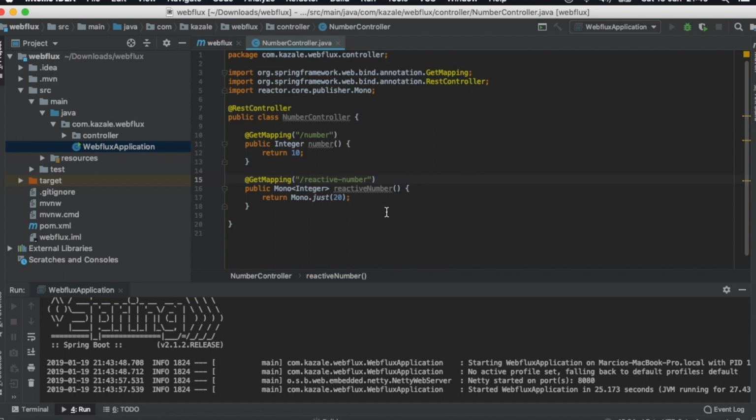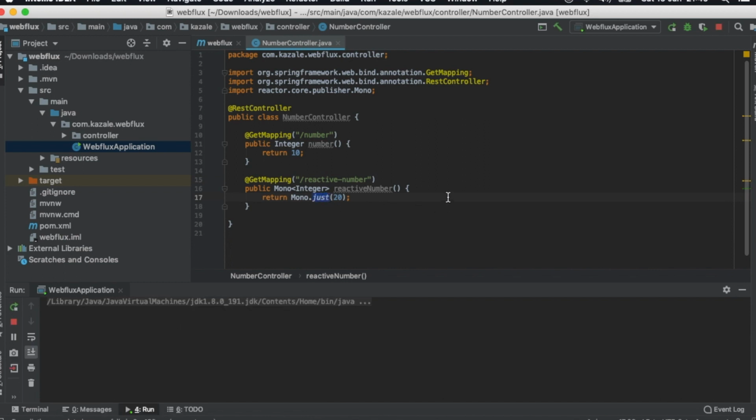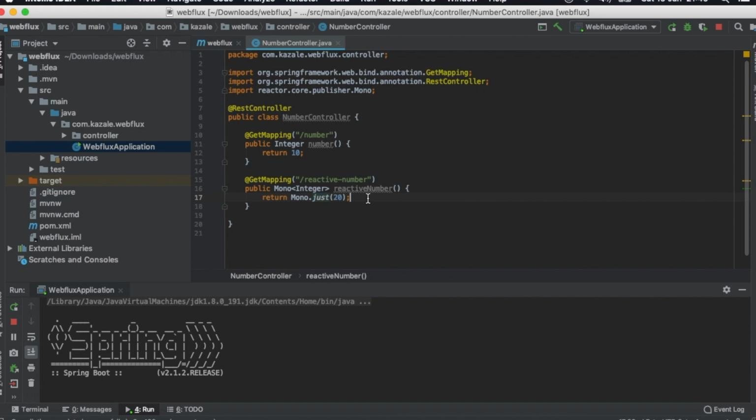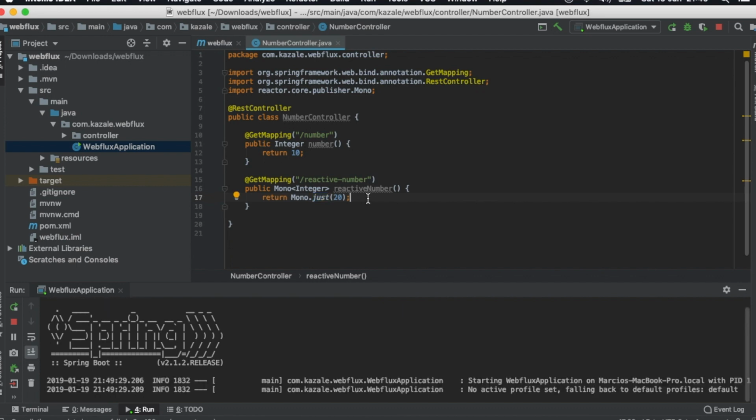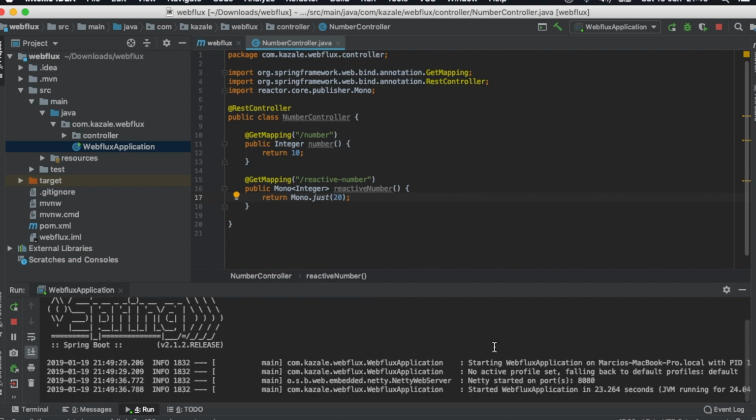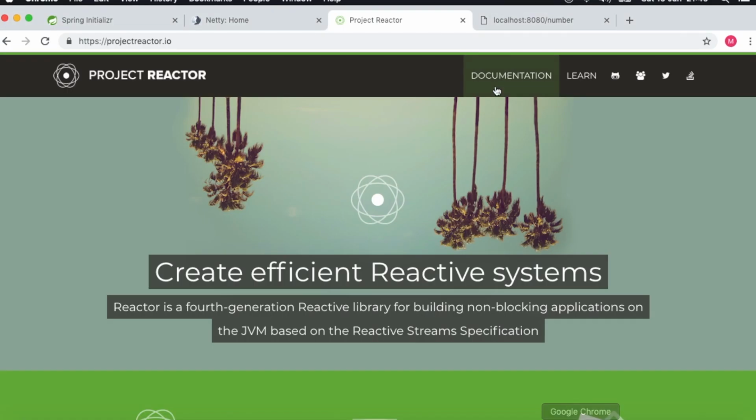If you are used to RxJava, you see that these operators like just, or how you create observables, are exactly the same, but we need to use the Project Reactor syntax. To know more about all of these things I'm using here, you will need to read the documentation and see what the options are in order to make these sorts of calls. So here we are starting the application. It's done. We can just come back here to the browser, and instead of number,